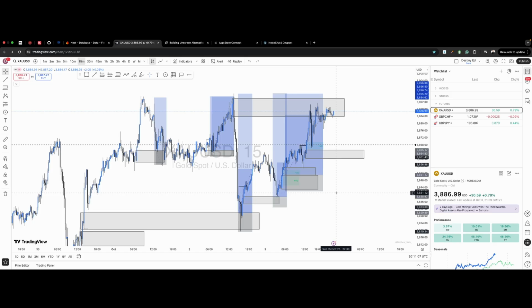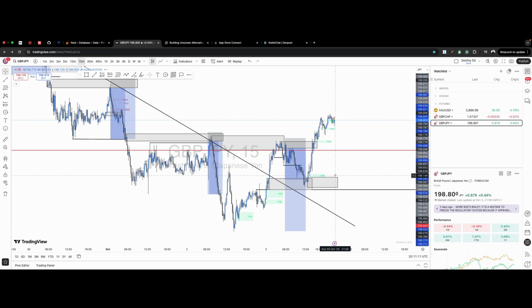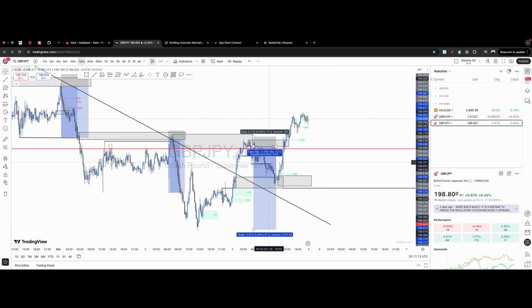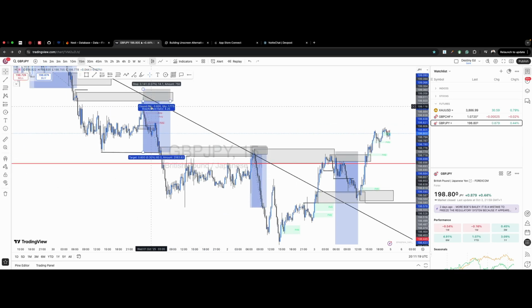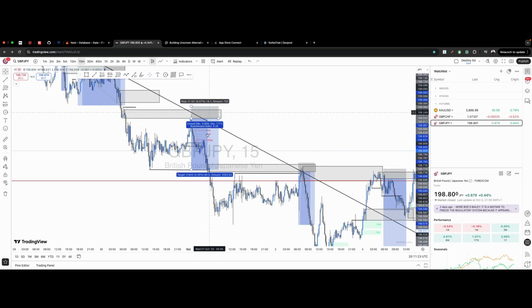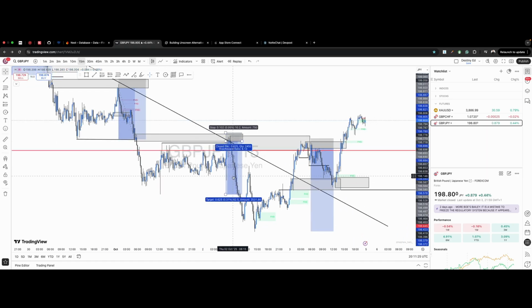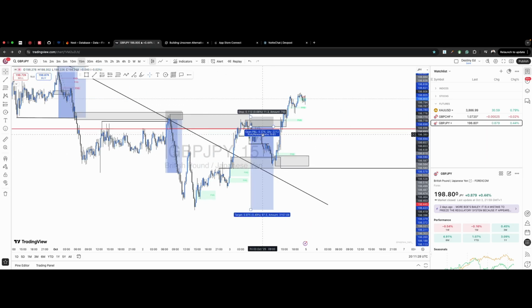I think I also took another sell on GBP JPY. Let me show you guys that sell that I took on GBP JPY. Yeah, I think it was this one. I think I took this sell October 1st. I did not analyze this one, sorry guys. I took this sell as well, and this one was the last sell that I took on October 3rd, though